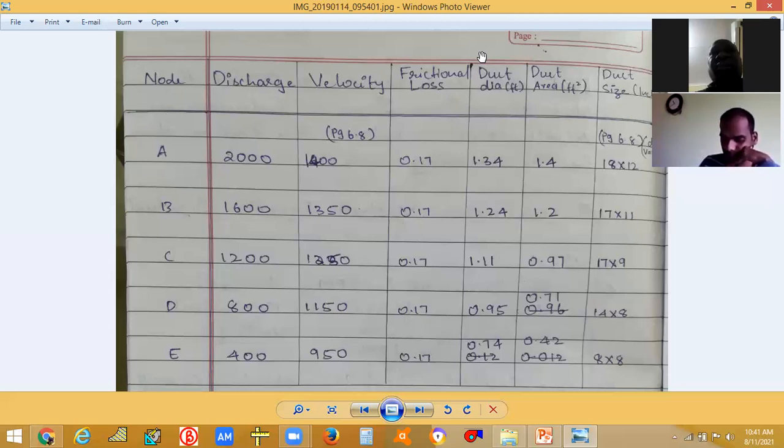Okay. Now we have formulas, right? We have formulas to find the friction loss, and in order to find the CFM, we have Q is equal to A into V, and we have the formula of frictional loss. We are using only these 2 formulas, right? So first you write calculation at node A. We are going to find the duct size of node A. So write there calculation at node A, and write those 2 formulas over there.